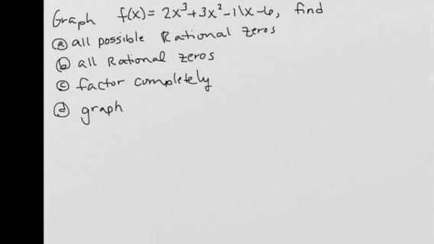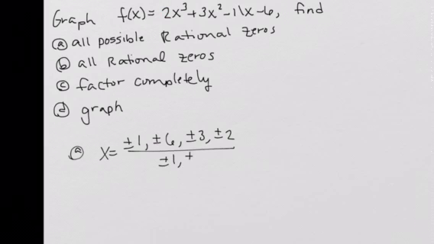On this problem, we're going to find all possible rational zeros, then test to find the zeros that are actual zeros, factor it completely, and then we'll follow it up with graphing the polynomial. So to find the possible rational zeros, part A, we'll take the factors of -6 and divide them by the factors of 2. So x is equal to plus or minus the factors of -6, which are 1, 6, 3, and 2. The factors of the leading coefficient 2